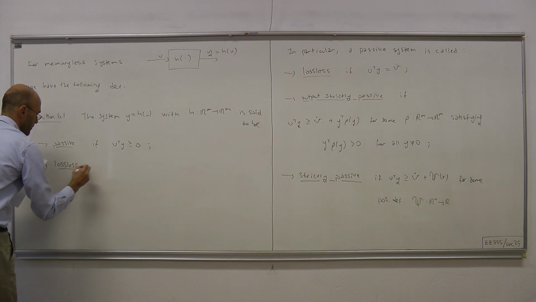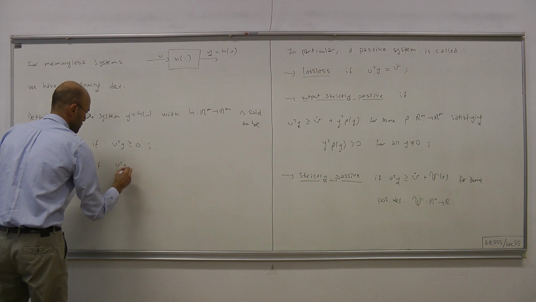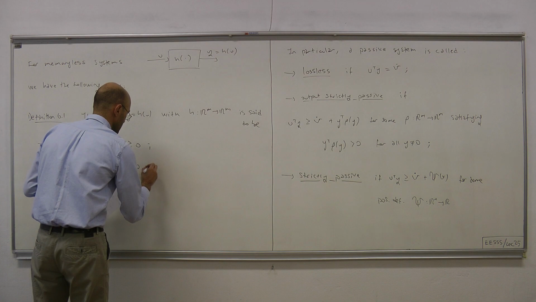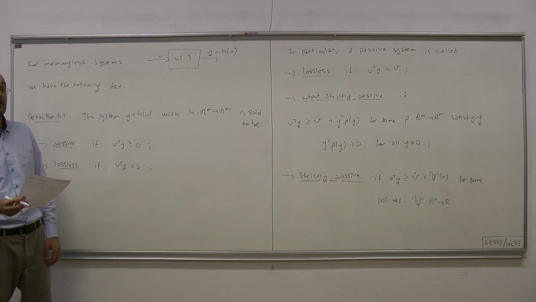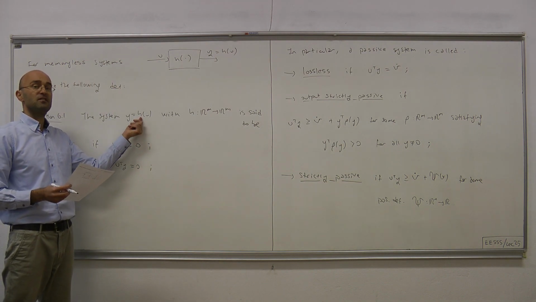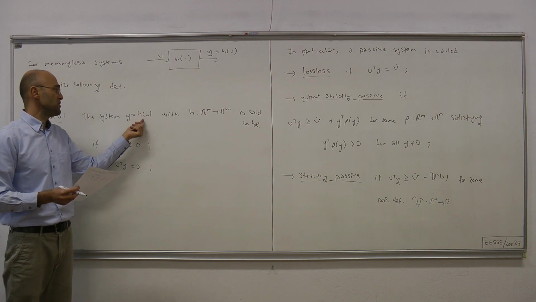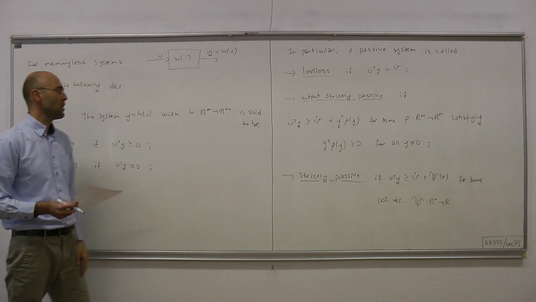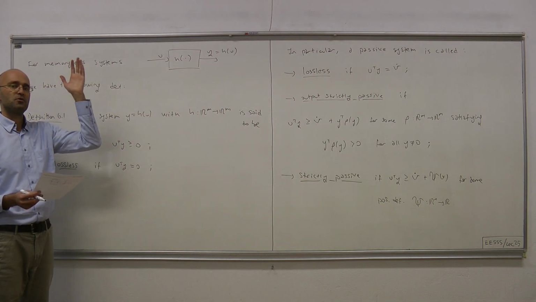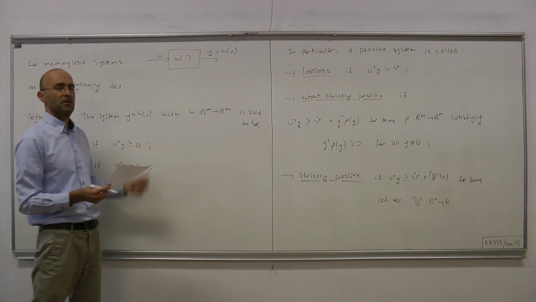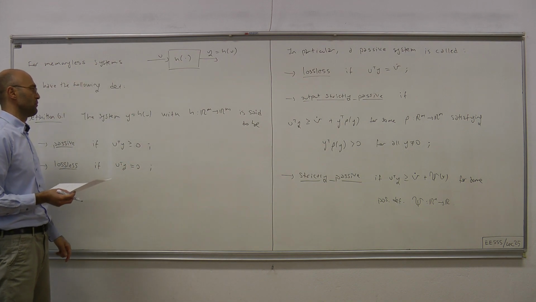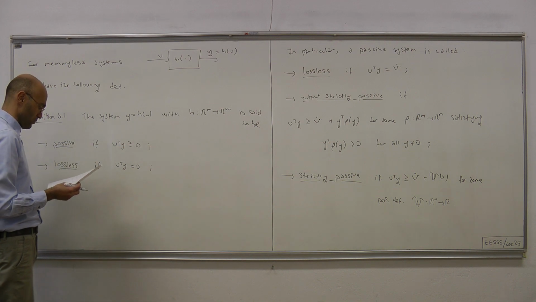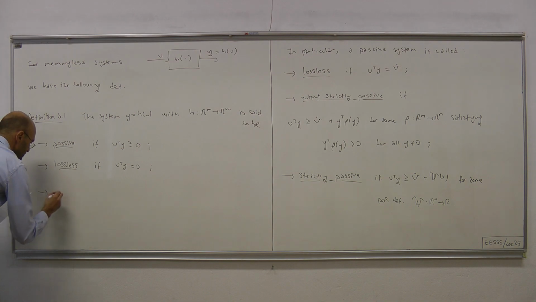Lossless if u transpose y at all times equals 0. So geometrically speaking, what H does is it takes u and generates a new vector, and that new vector is always perpendicular to y. Okay, so it does some sort of rotation of 90 degrees. Also it may play with the magnitude of the input, so that the inner product gives us 0 for all times. And output is strictly passive